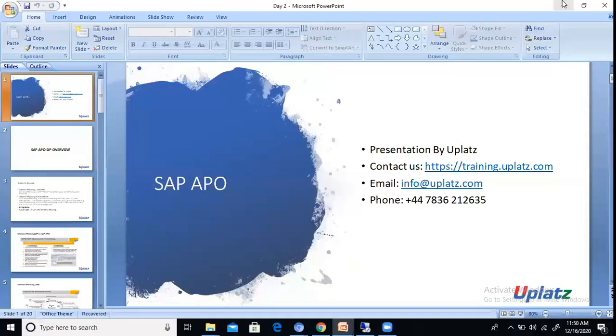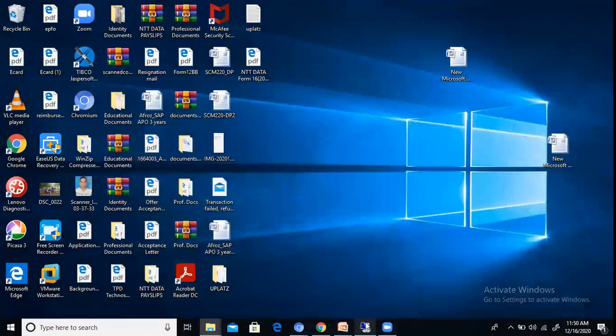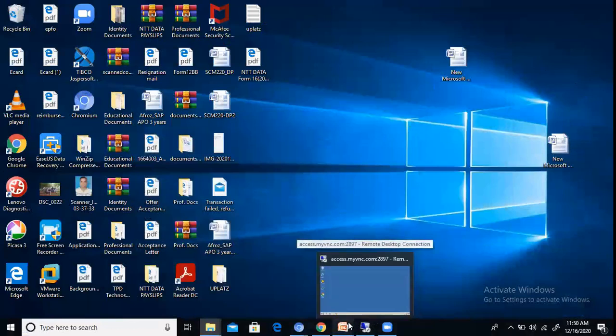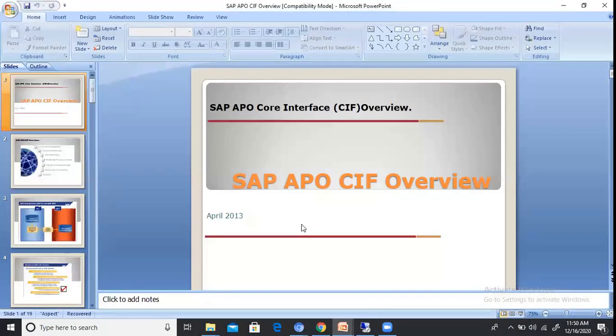Today, till now I covered the SAP APO DP, BW, and the remaining things are in the SAP APO. In the SAP APO part, we have four modules like APO DP, APO SNP, APO PPDS, and APO GATP. These four modules we have. Among them, I covered APO DP with the integration of BW, and going forward, I will cover the APO SNP